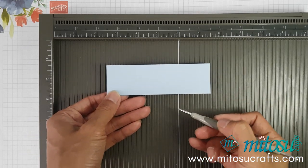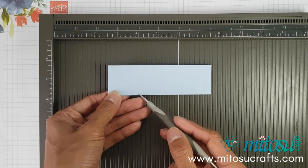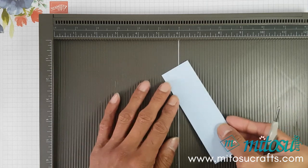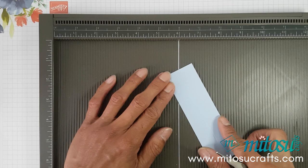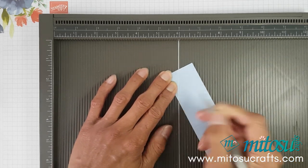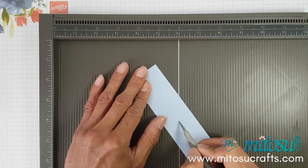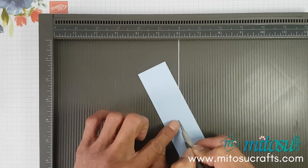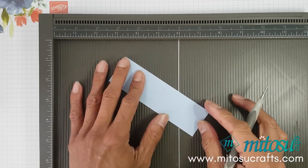Okay, and now we're gonna do the diagonal scoring. So with the mark, we're gonna score down there, and a crisscross there. So I'm just using my Simply Scored to align those up and then score along. So what you could do is you can find the middle point and then move that along whilst you're putting pressure on your stylus there, like so, and then